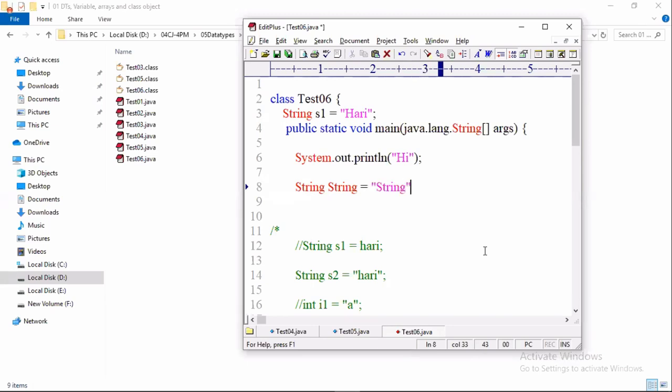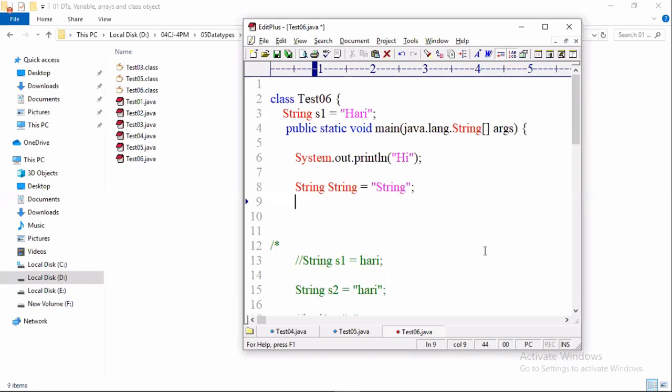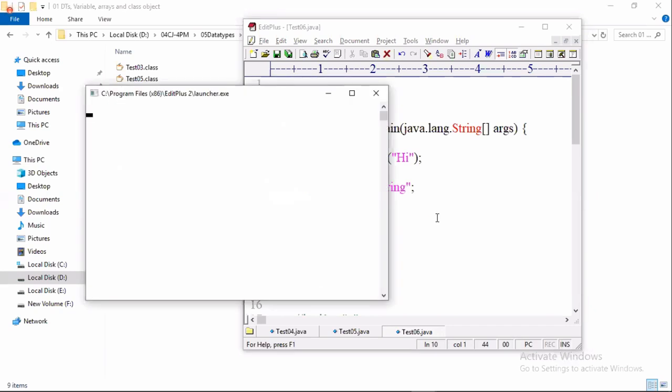Is it allowed? Tell me, it is compiled successfully, no problem.